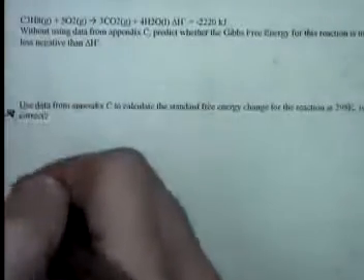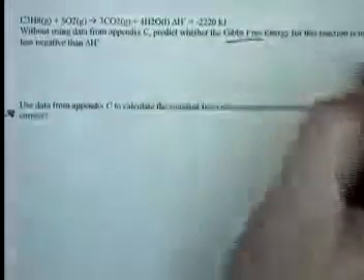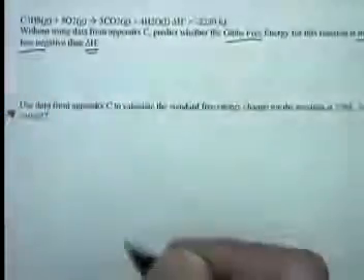Well, now it asks us not to use Appendix C, and then down here it says use data from Appendix C to see if our prediction is correct. So let's see if we can predict whether the Gibbs free energy is more negative or less negative than the delta H. Now it tells us the delta H here is negative